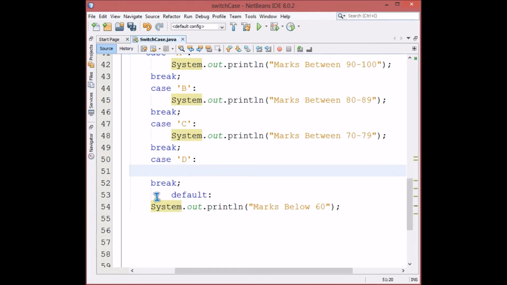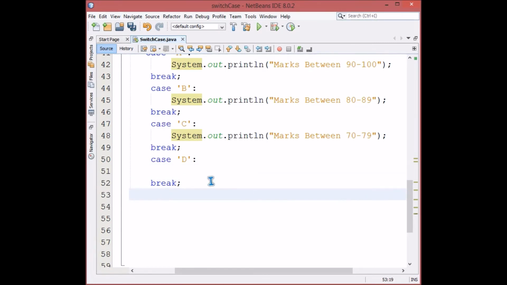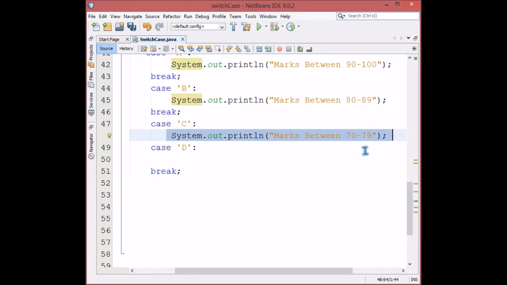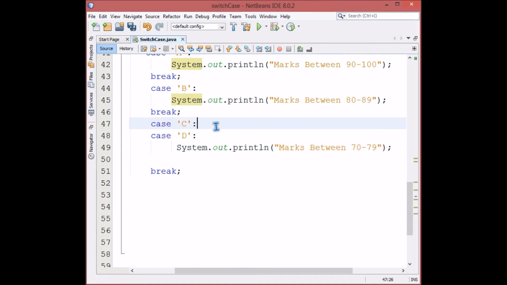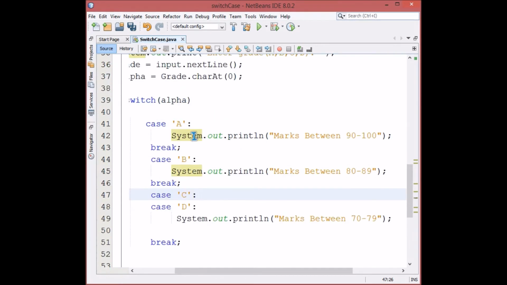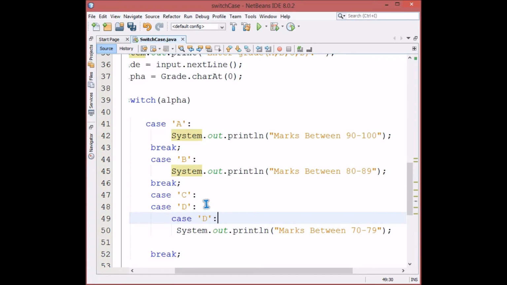What I am going to show is that multiple else if conditions can also be handled in a switch. I'm just taking two values here: A, 90 to 100, and B, 80 to 89. But what if C, D, or I add one more, E?